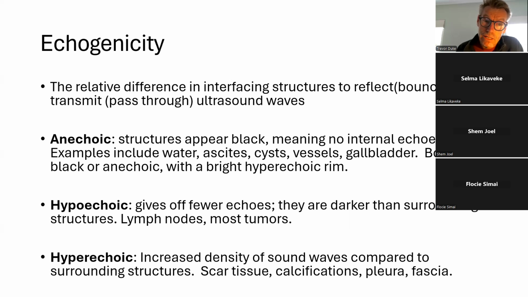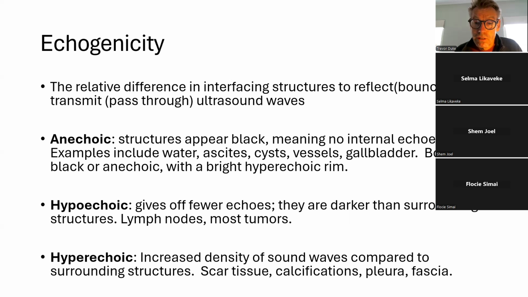not too many. A few echoes, and what it means is that it gives off fewer echoes than the structures surrounding it. So the structure that's hypoechoic is darker than the surrounding structures that are relatively hyperechoic. That is, those structures surrounding it give off more echoes. Whereas structures that are hyperechoic is where you've got a lot of echoes given off, and that will be more